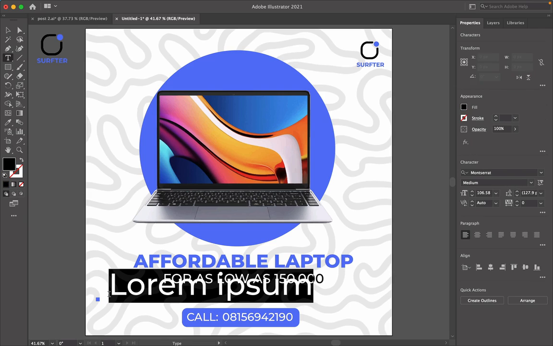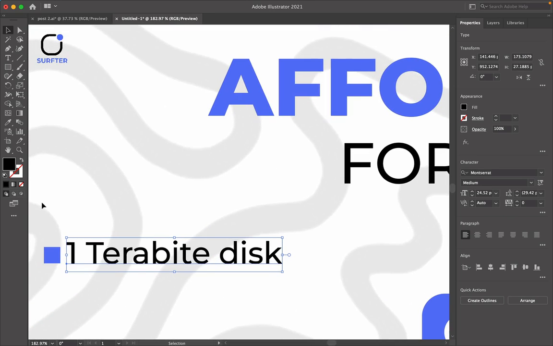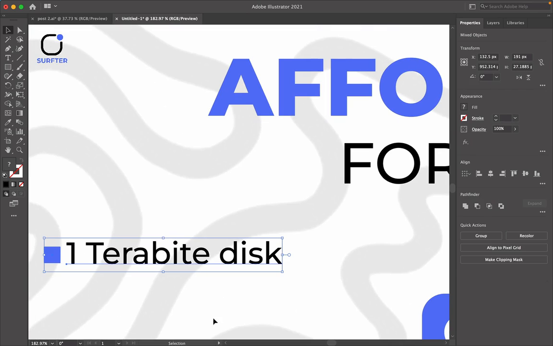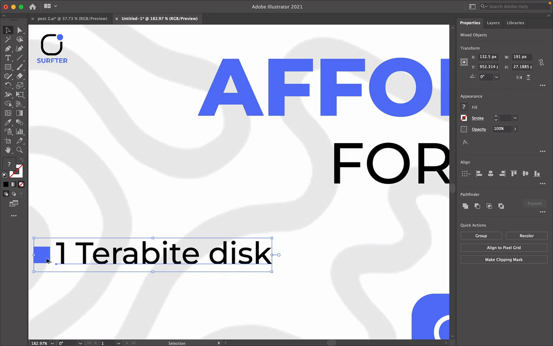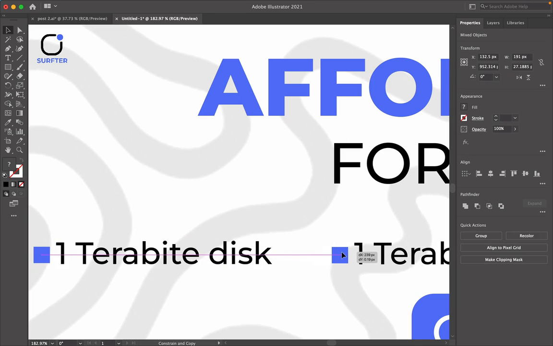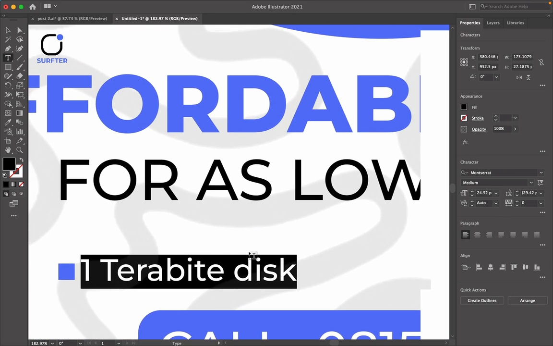Okay, so let me put text. Let's say 1 terabyte disk. Can you see? So I just put this one, just zoom in, then I highlight the two of them, I centralize them. So 1 terabyte disk, then I duplicate this, I hold down shift to maintain a straight line. So I put let's say 16 gig of RAM,